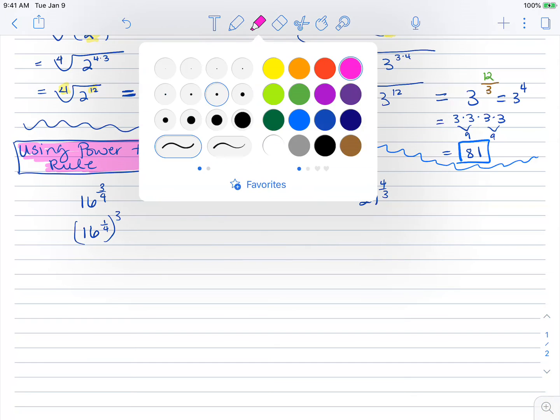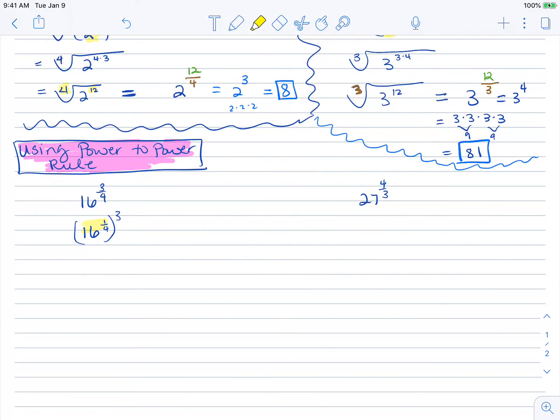So I can say, well, I'm going to look at this stuff right here, and I can write my 16 into powers. So I'm going to say I have this 1/4 here, and I'm going to do my 16, and so 16 is 4 times 4, which is 2 times 2 and 2 times 2. So I'm going to have this 2 to the 4th,